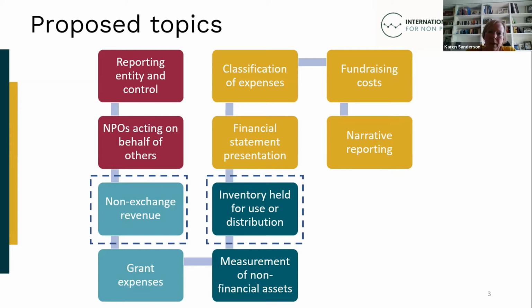In thinking about this topic, organisations need to know when to record revenue, how to measure it, and what information they should provide. I should say we won't be covering revenue from commercial type arrangements, such as providing services to third parties for a fee or selling goods. And whilst there may be some issues associated with these types of transactions, they haven't been identified as NPO specific issues.